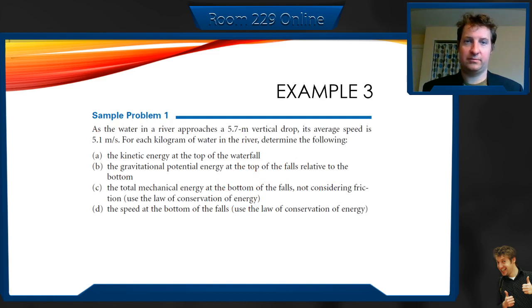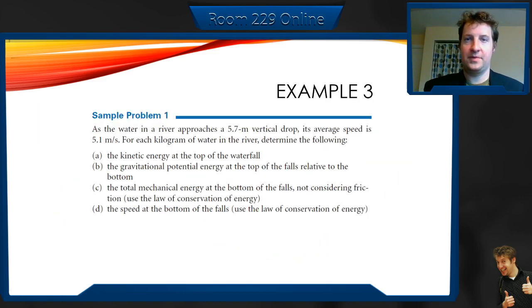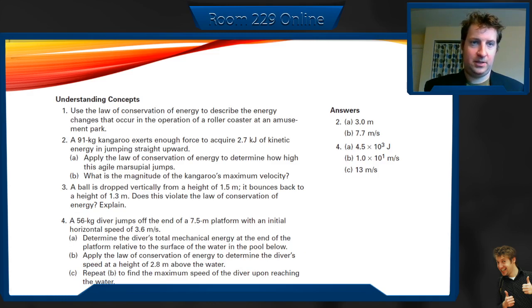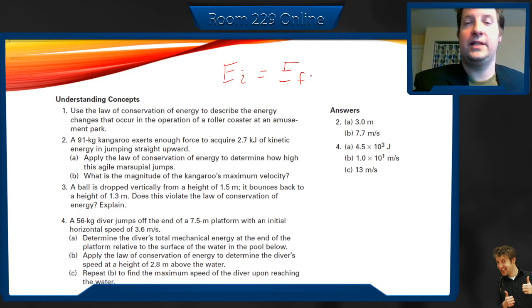This one, we can skip. We can do it quickly. Kinetic energy at the top, we have the speed we can calculate. This is basically the same problem we've just done twice here. So why don't you try these problems here? There's 4, almost the same idea. We're given energy, and we have an initial and a final kinetic energy. Remember, all these problems are going to start with this expression: the initial energy is equal to the final energy. And from there, we can calculate everything.